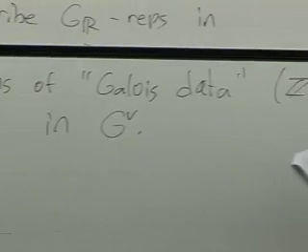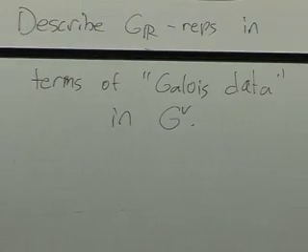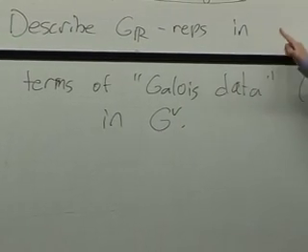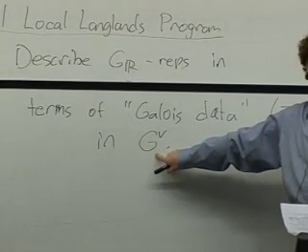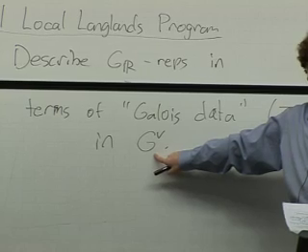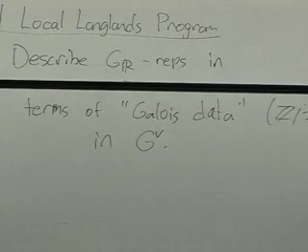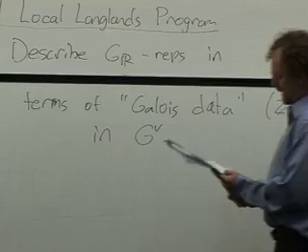So you want to give a description of the representations of the group G(R) in terms of some kind of data that involve conjugacy classes in G dual and involutions. That's the kind of data that you would like. And in fact, this data is,